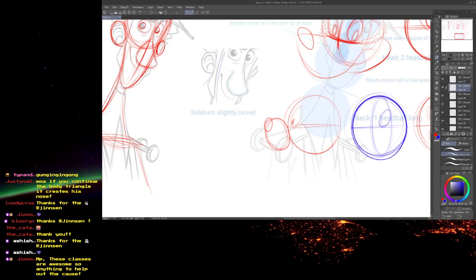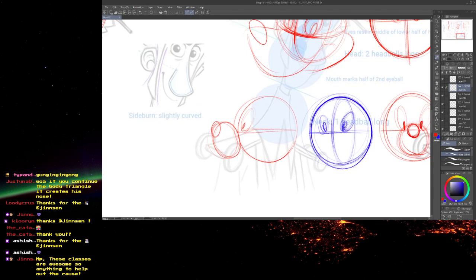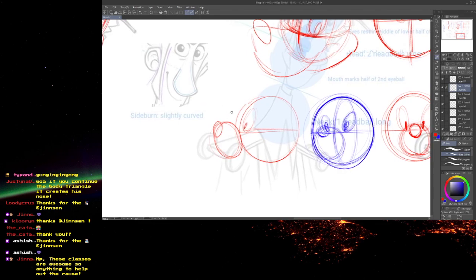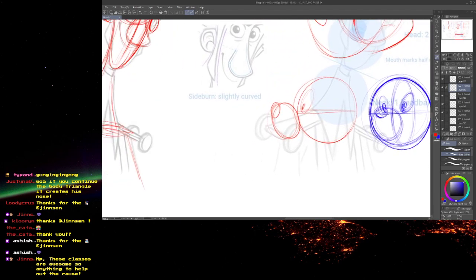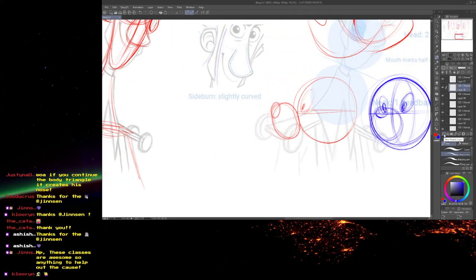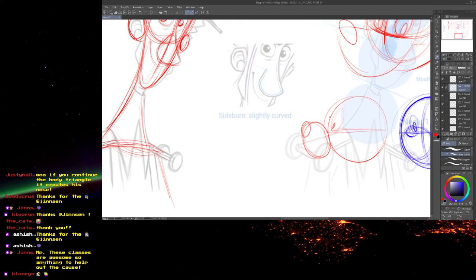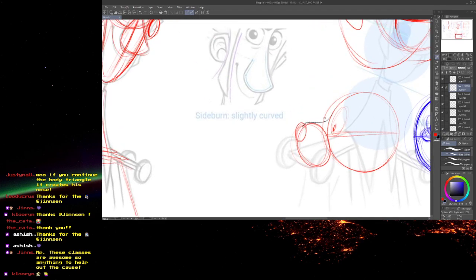That influences the bend of placement of the eyes. And you can kind of work out the muzzle here. And then in order to make it all connect up,